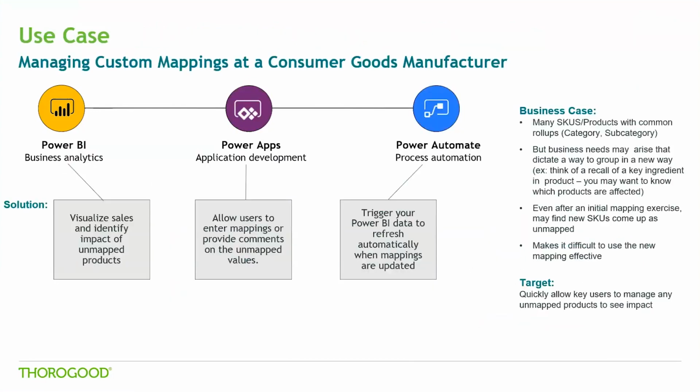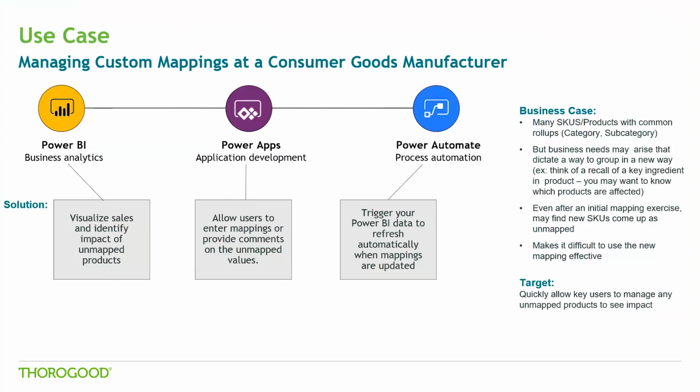So in the next slide, I'm going to quickly walk you through a common use case specific to master data management, which we have come across in some of our client customer stories. In our example, we've used product master data, which rolls up to subcategories and categories, which is the default roll-up you will see in every product data that you've come across. But in many cases, what we've also seen is that certain business users would want to roll up differently. So you provide a custom grouping option.